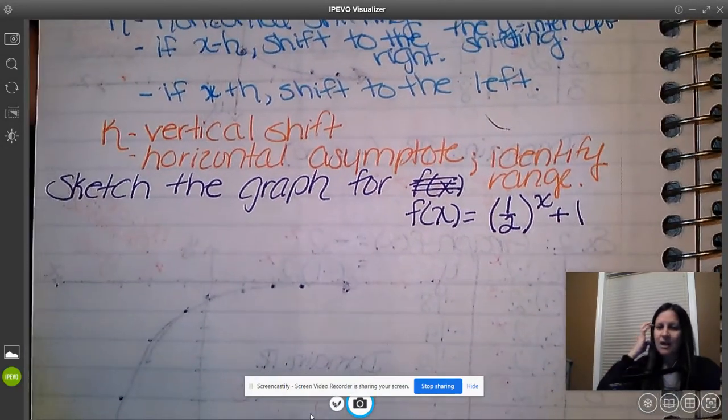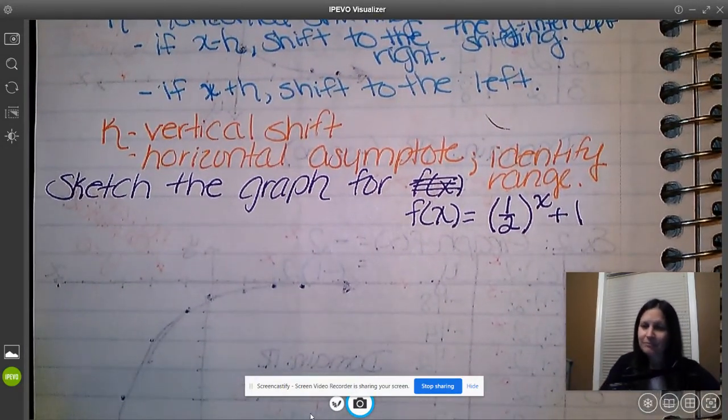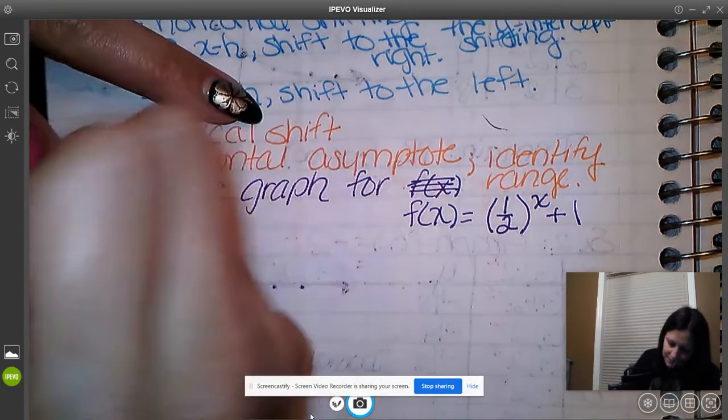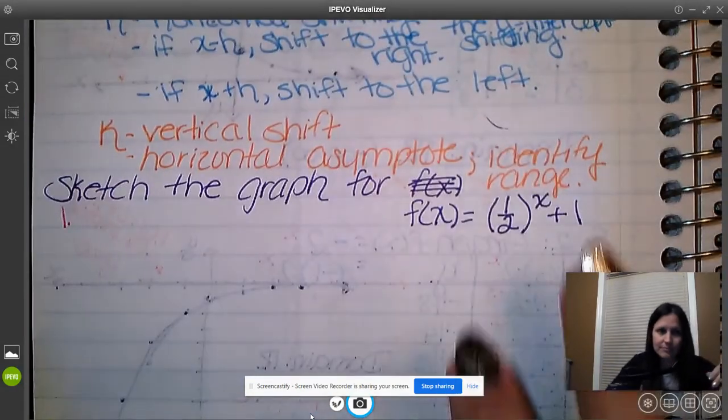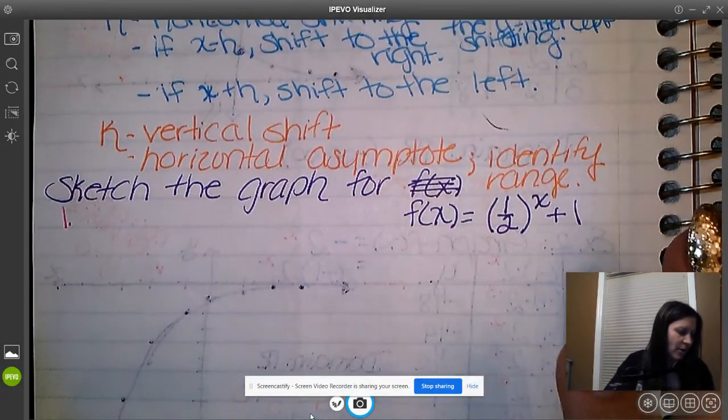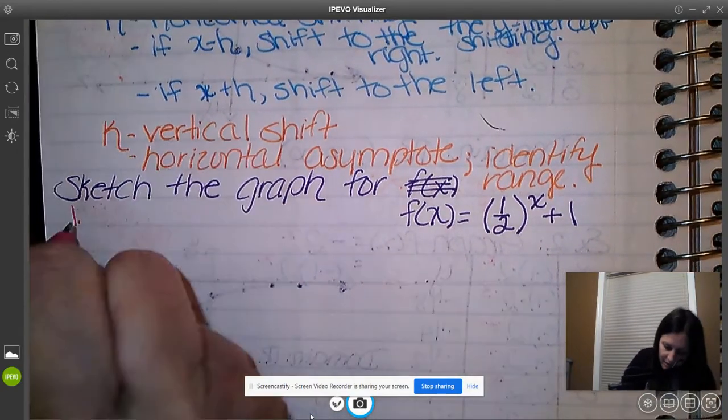We're not going to make a table yet, but that is part of it. So step 1, we're going to identify